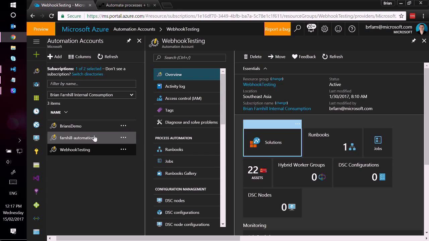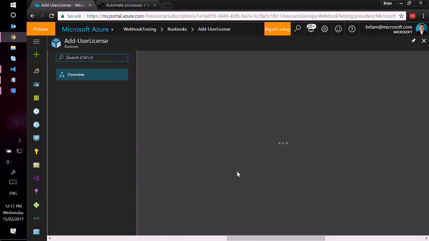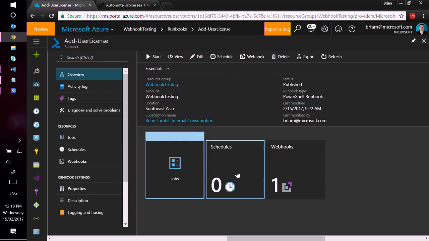So this makes it very easy for us to integrate kicking off these runbooks into different processes and different activities. So for example, let's take a little bit of a different approach to this. I'm going to show you a runbook that I had set up earlier, based on the same kind of thing as what Mark was showing. I've got a runbook that if I come in here and view,